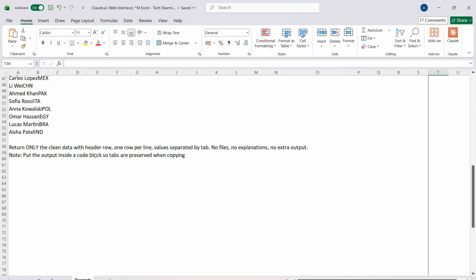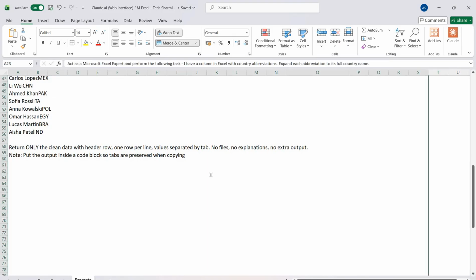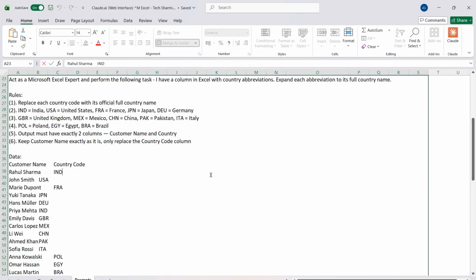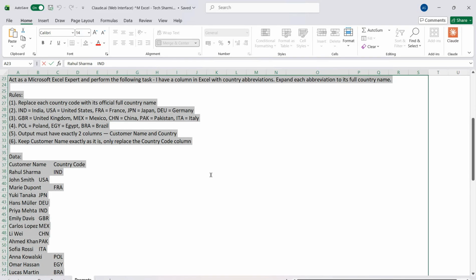Then next we provided one note that clearly mentions to put the output inside a code block so that tabs are preserved when copying. Why did we mention that? Because in Excel we want to get the output in a tabular format, right? Otherwise we would copy and paste it manually, so again it will take time. That's why we clearly mentioned that the output should be in a code block so that tabs are preserved for copying. Okay, so let's copy this